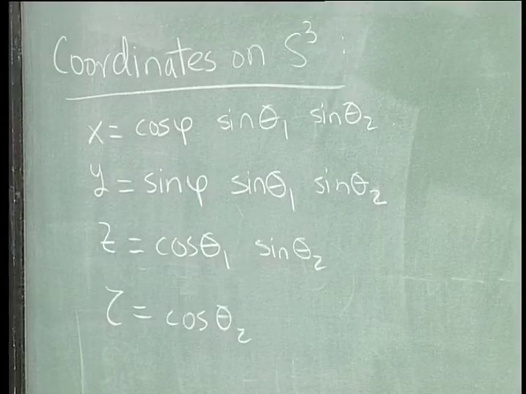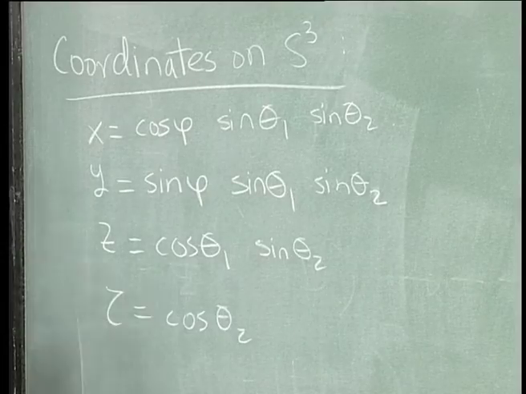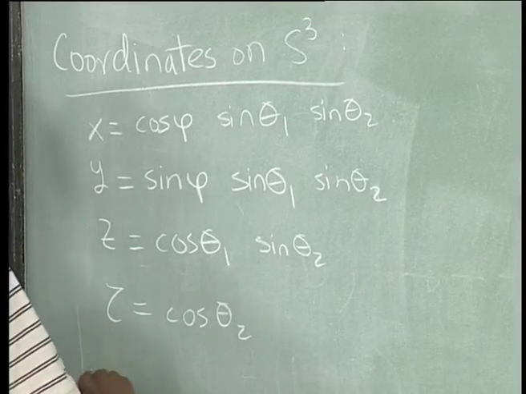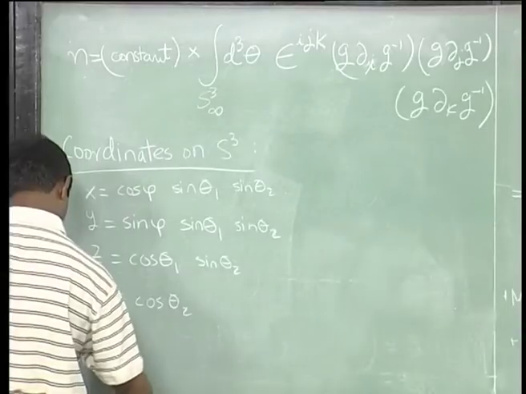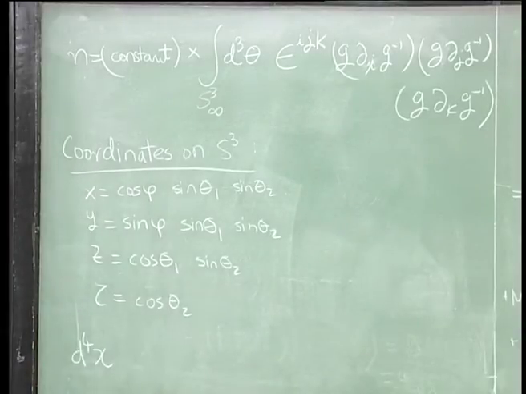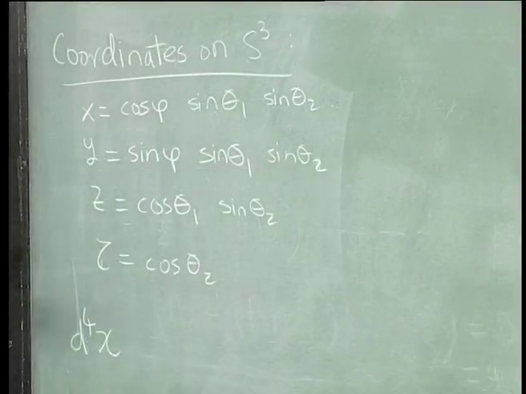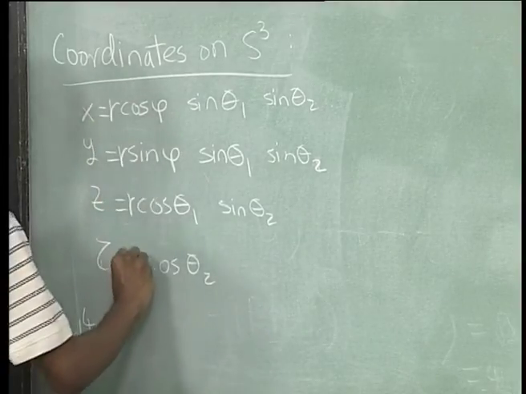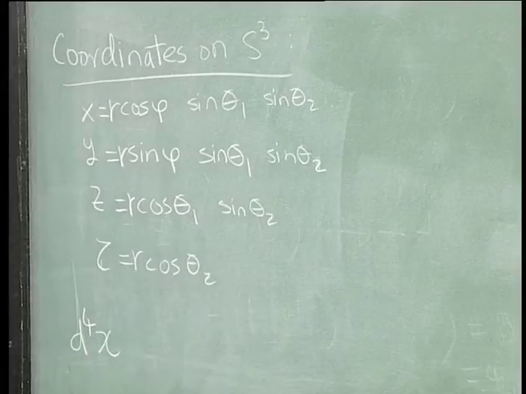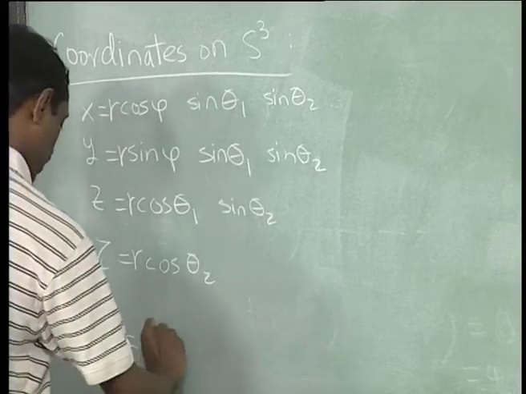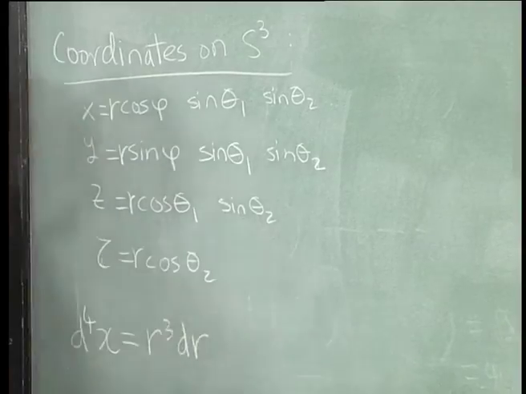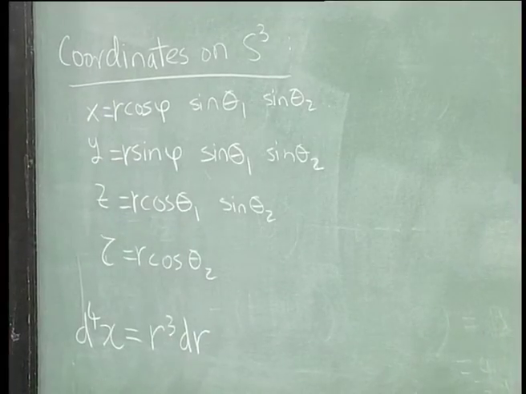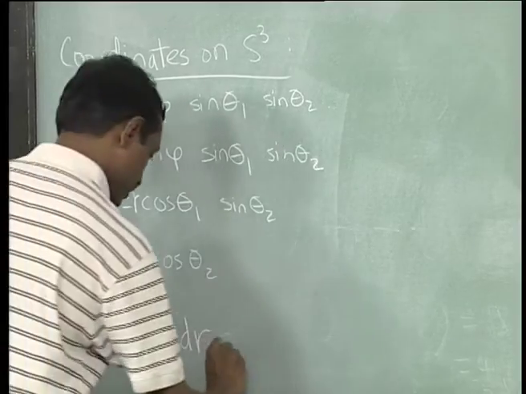I need to work out what the measure would be, and that you can do by showing that d4x, I will just call these 4 variables. From dimensional grounds there will be one radial coordinate, so I should have put that r also here, and d4x on dimensional grounds would be r cubed dr,